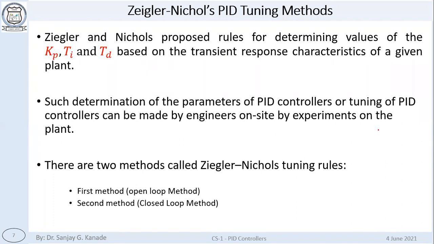Have you got the idea about the PID controller? Because this is really an important one. You will have to design some sort of PID controller whenever you go for a job. Anywhere you go, you will have to design a controller, and that will need the concept of the PID controller. If you say, I don't know the PID controller, then it will be very difficult for you to design any other controller also.